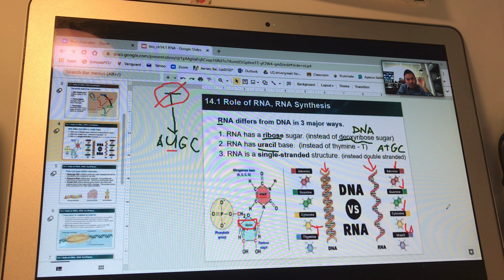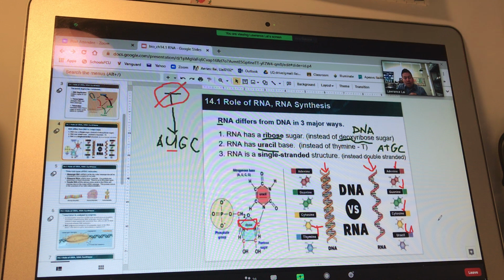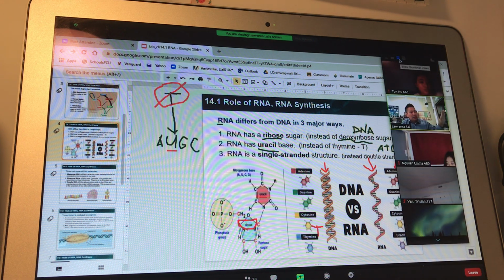Prevents the cell from understanding DNA. Just those minor changes. Now, why, right? Why? There has to be a reason why. The reason is to check, to make sure that there's no error in transcription. So by making DNA convert to RNA,